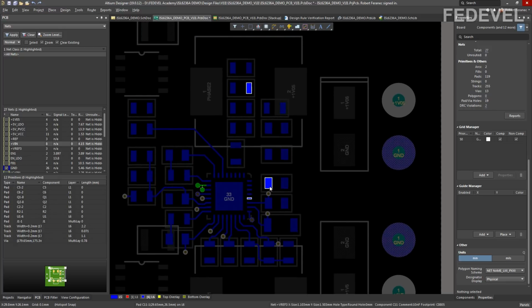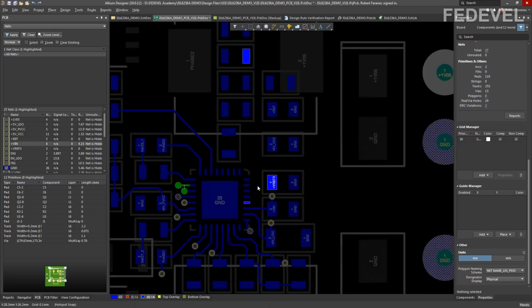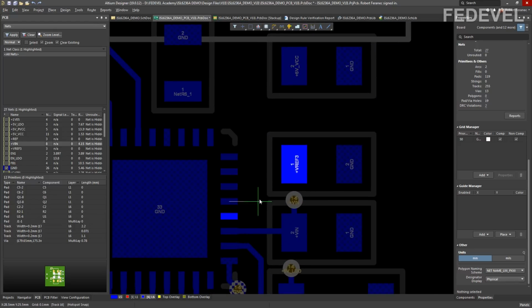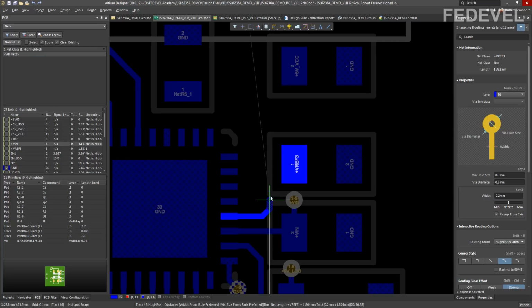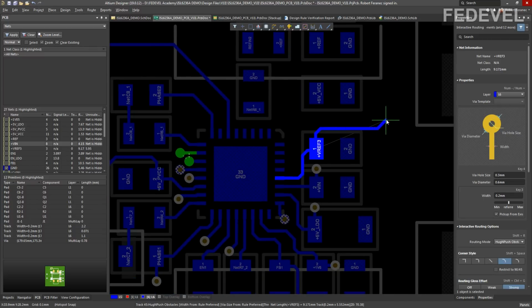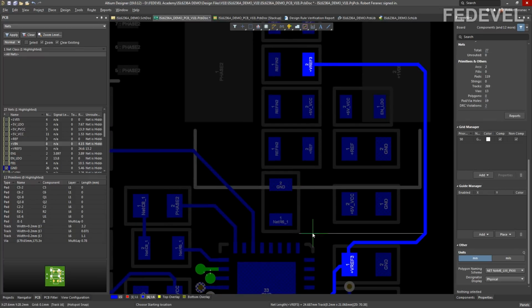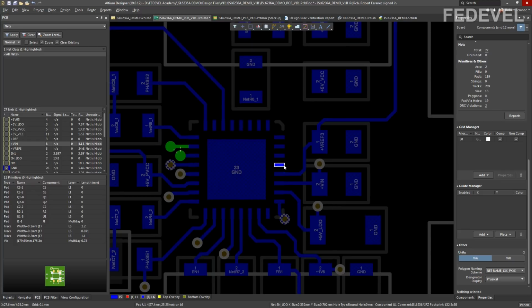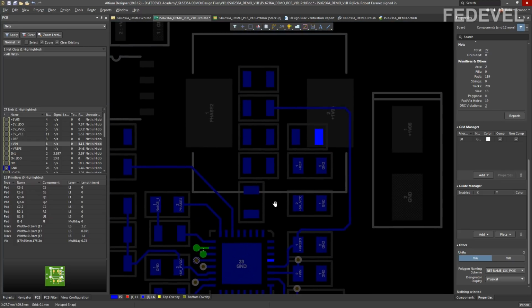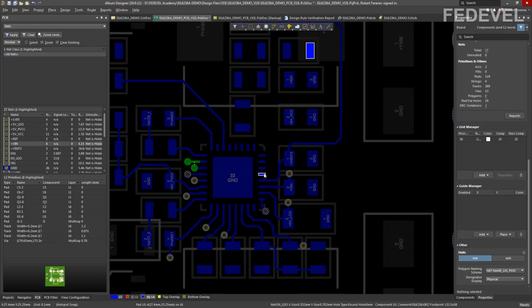We can connect it here, and then we can go around these components and connect it also here. Maybe like this. This is a simple one.